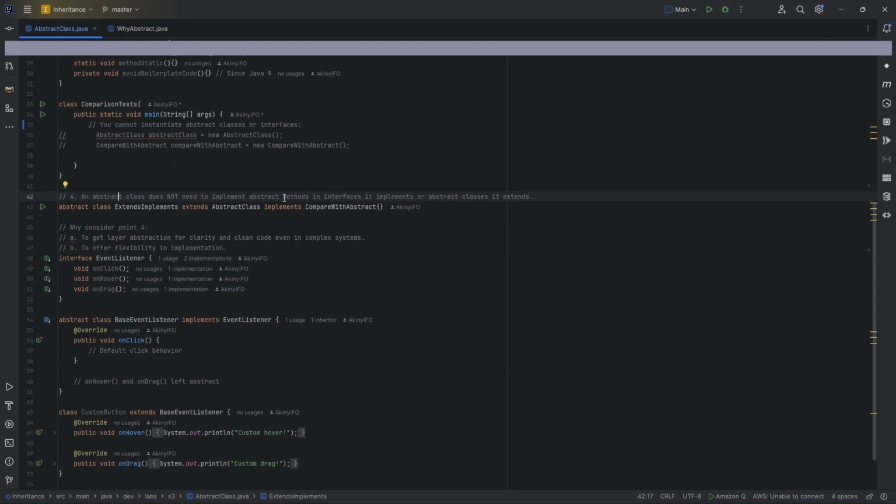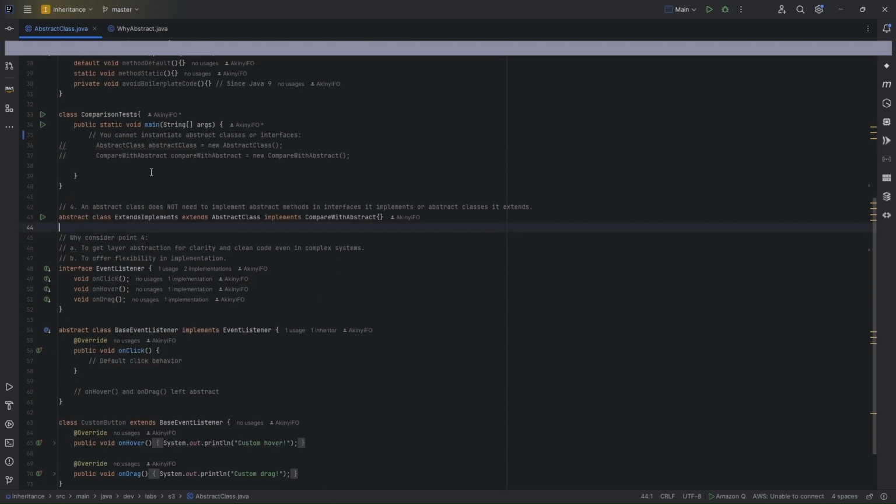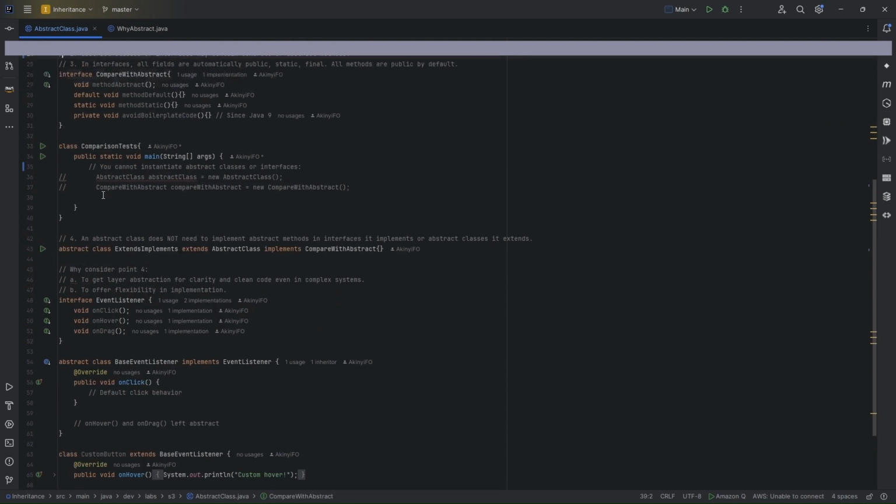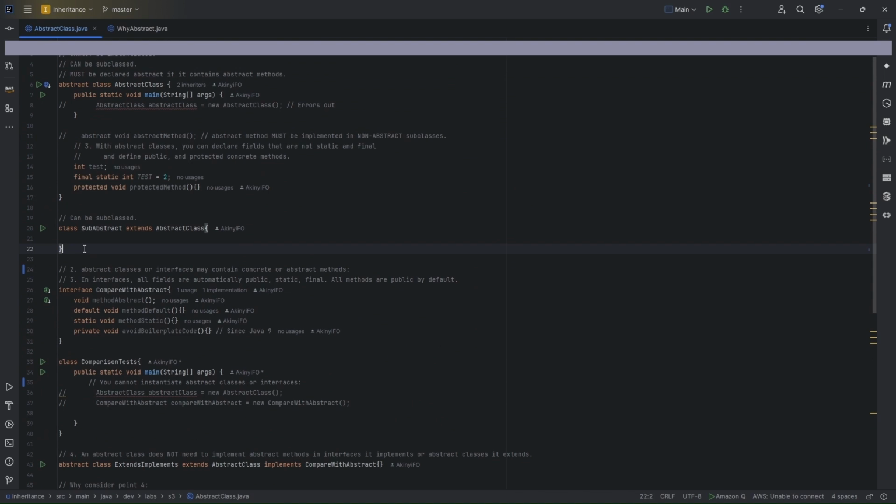We now get to the implementation. So if it's an abstract class, it does not need to implement abstract methods. So let me just show this a little bit. I'll go back to this class here. If there is an abstract method and a subclass has subclassed that abstract class, then it will need to implement